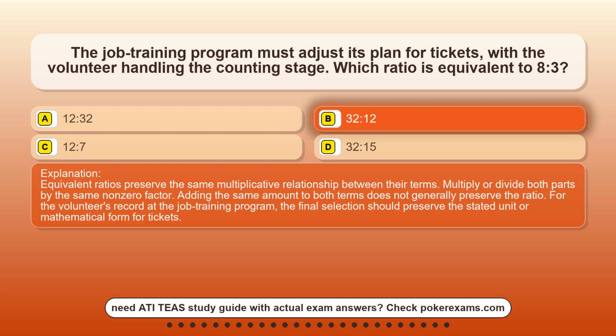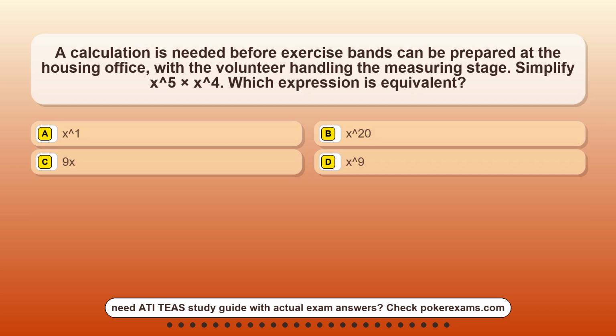Equivalent ratios preserve the same multiplicative relationship between their terms. Multiply or divide both parts by the same non-zero factor. Adding the same amount to both terms does not generally preserve the ratio. For the volunteer's record at the job-training program, the final selection should preserve the stated unit or mathematical form for tickets. Question 25. A calculation is needed before exercise bands can be prepared at the housing office, with the volunteer